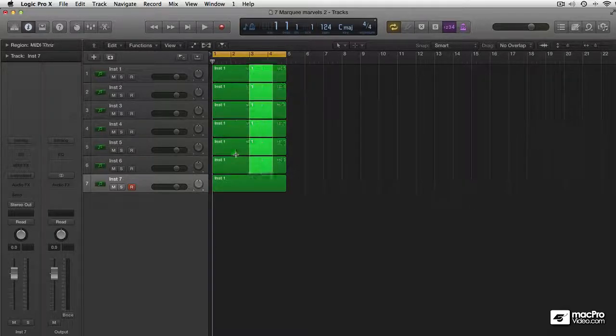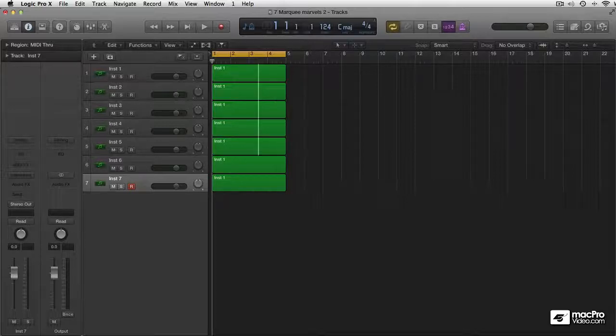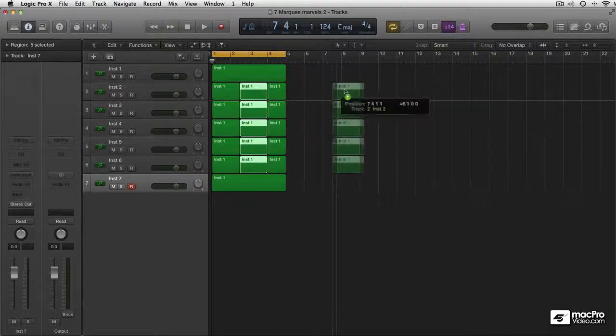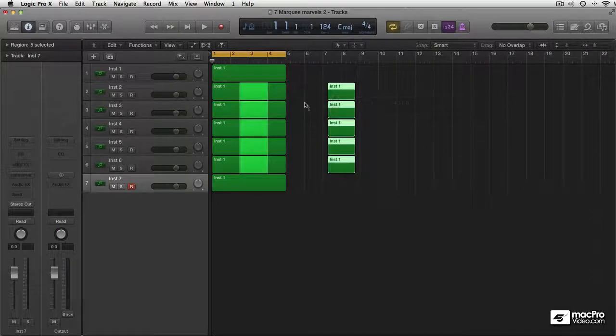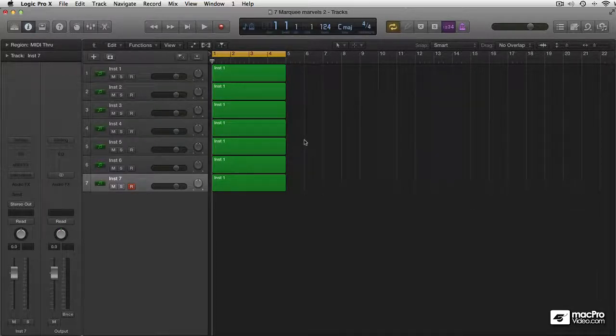Going to undo that, Command Z, because I want to show you if you drag down with the marquee tool and click on it, you get an edit over multiple tracks. And you know, of course, everything that I've showed you at the beginning also works over multiple tracks. Just option drag for a copy of part of the region, or just select and move. Simple as that, right?